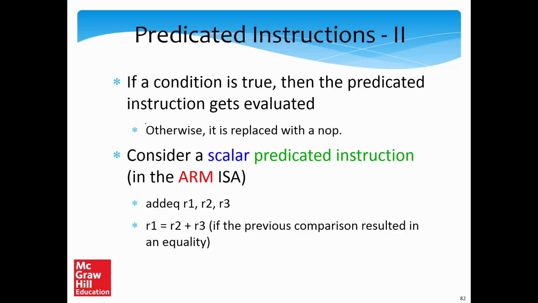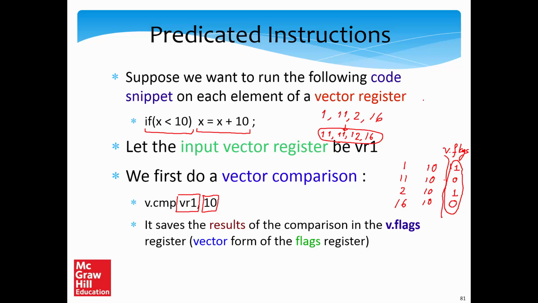But once we have a flags register which is telling us the results of the last comparison, let me just go back. It doesn't matter what fields it has; it is essentially recording that in the first case we had a less than. In the second case we did not have a less than. In the third case we had a less than, and in the fourth case we did not have a less than. So irrespective of however we implement it, this is the information that we need to capture.